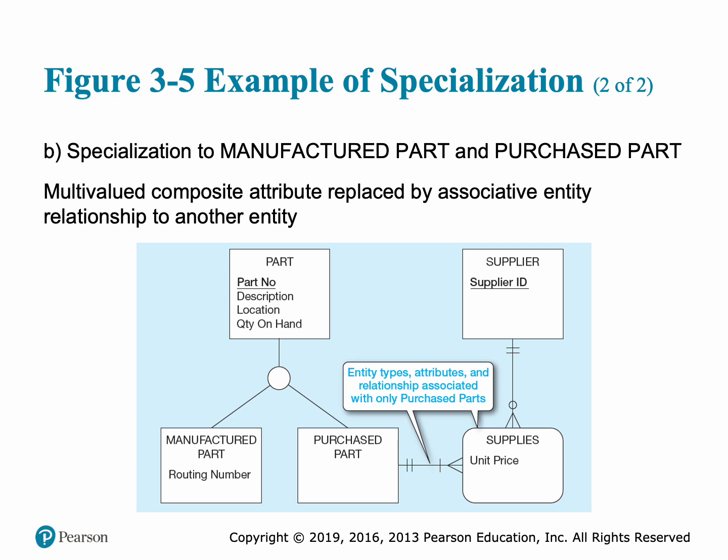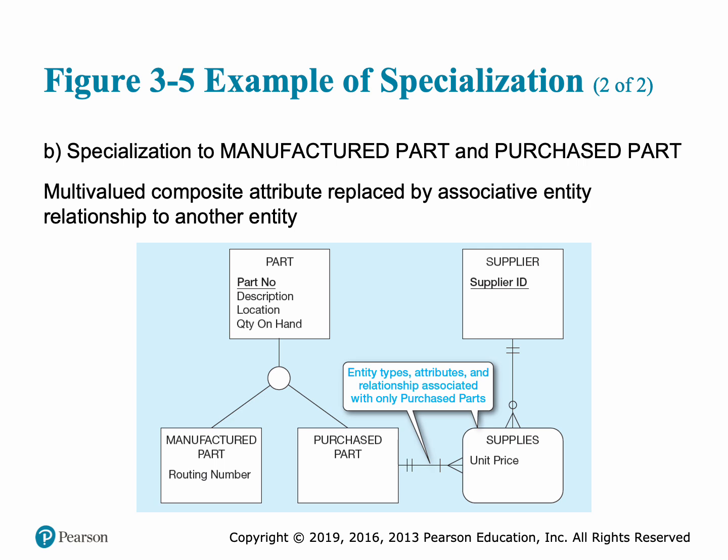When we find a situation like this, it makes sense to do specialization. In this case, we created two subtypes of part, one for manufactured parts and one for purchased parts. All parts have part numbers, descriptions, locations, and quantity, but only manufactured parts have routing numbers and only purchased parts have suppliers. Note that unlike the previous slide, the concept of supplier is now represented as a separate entity and